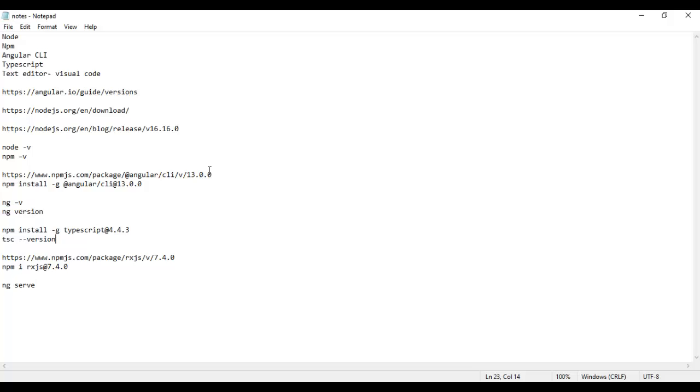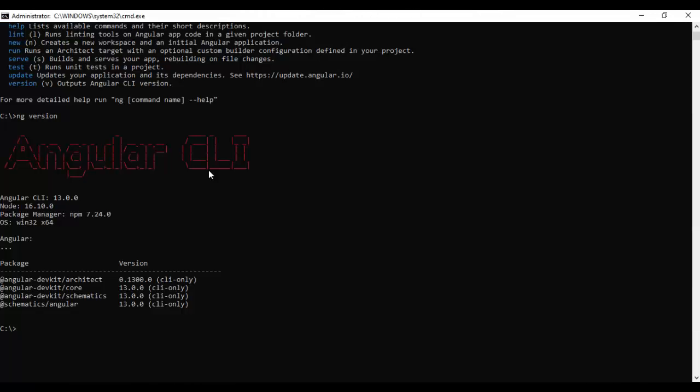Okay guys, so what I'll do is I need to install the TypeScript. This is the command: npm install -g typescript@ and we need to mention the specific version here. So copy this and go to my command prompt, go to my path where it is, and execute this command. Once you execute, it will install TypeScript 4.4.3. I'll not install it, I already have it